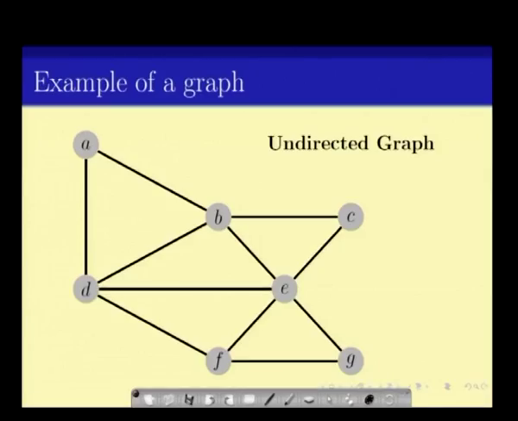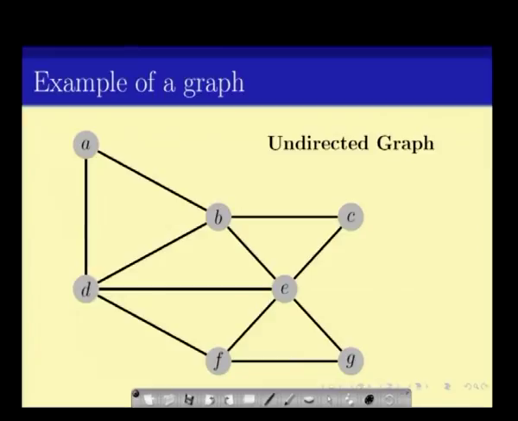We have, say, here AB is an edge, AD is an edge, BD is an edge, but BF is not an edge, or similarly say AE is not an edge. So, this is a very nice and concise way of representing relationships. Here one thing to note is that when I say edge, I mean that if AB is an edge, then BA is also an edge. So, there is no ordering about which one comes first in an edge,